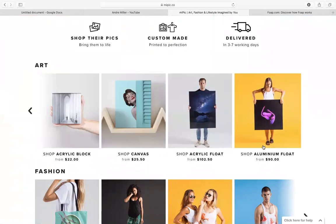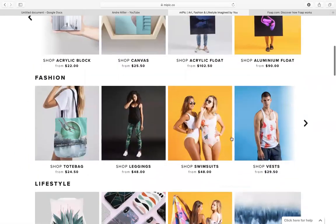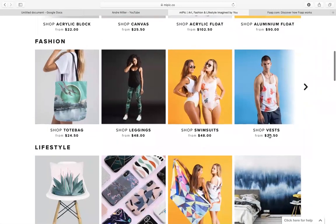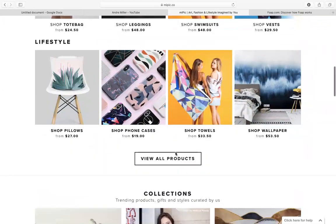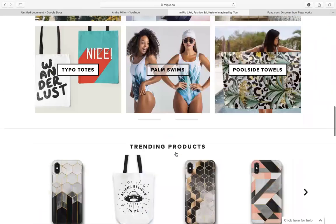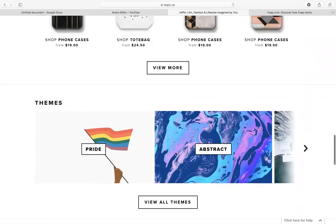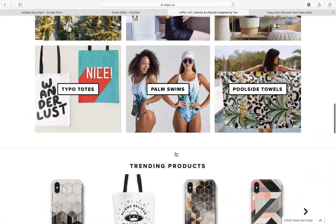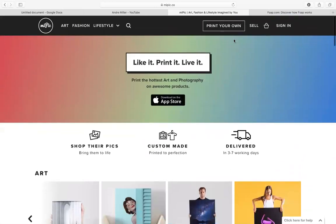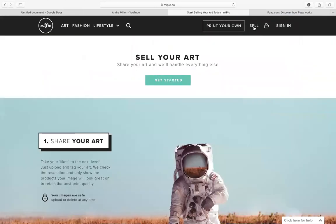So if you scroll over, you can see the different price ranges. There's such things as fashion. People put different designs on clothes, fashion, to make it look good. So you can put the design on fashion. There's lifestyle as well that you can do. So if you come through here, you could see all the different things that they use these photos for and they upload it right over. So if you like to sell, you could come over here, you could click on sell,